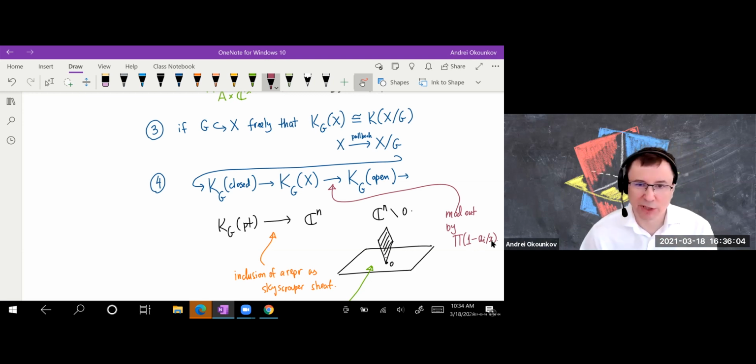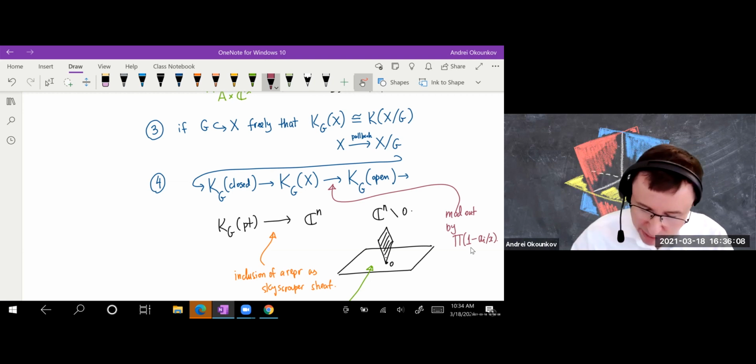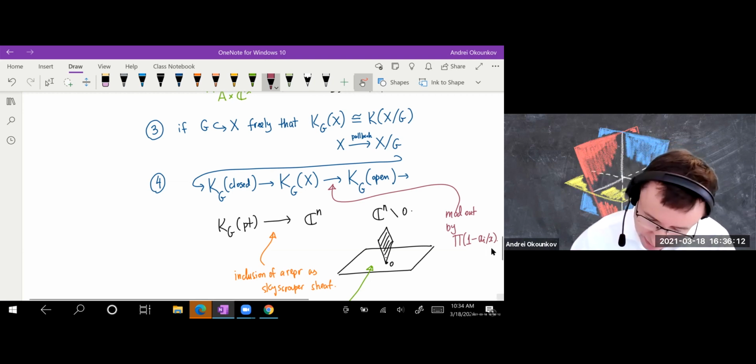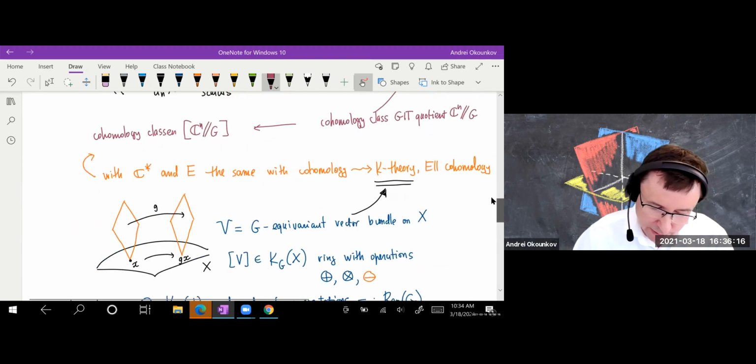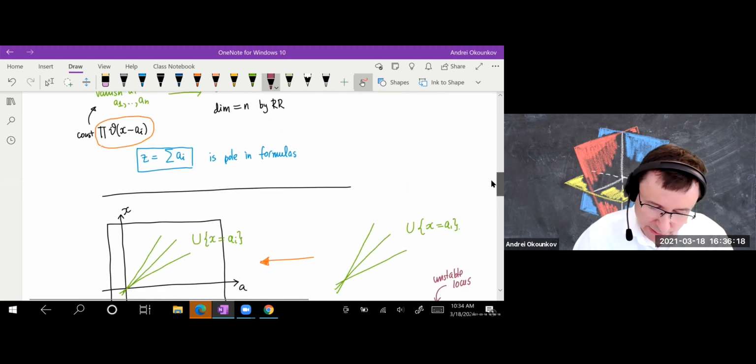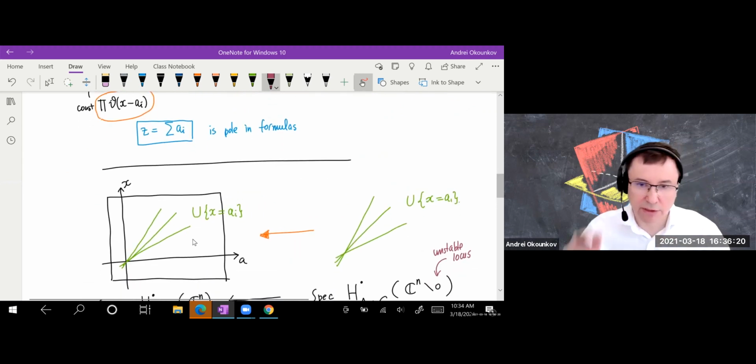And what does it mean? You mod out a function by this relation means you restrict your function to the set defined by this equation, which is the statement I made. I made it in cohomology, but the exact same statement